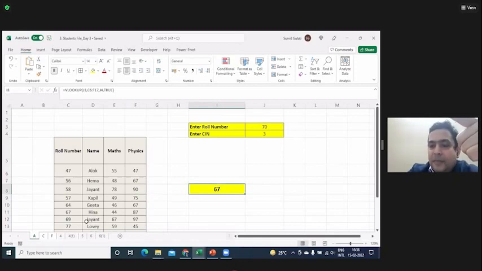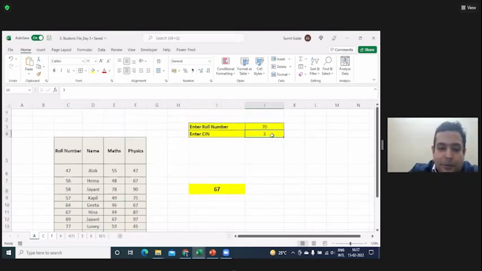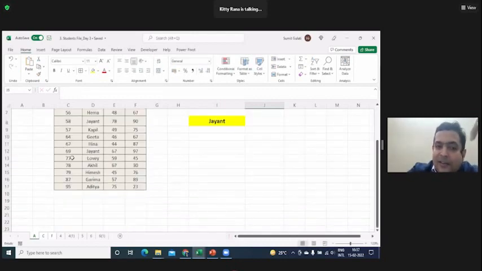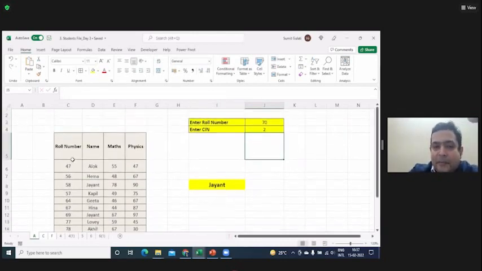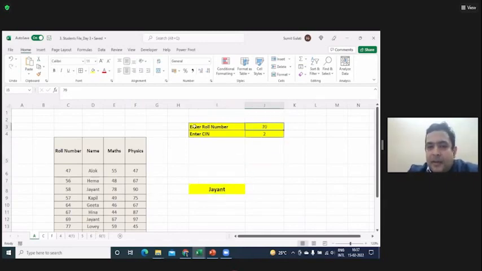Nearest smallest, not nearest larger. Had it been 76 also, it would still have given you the answer for 69. It is giving you the answer for 69 right now. Even if it were 71, it would still give me the 69 value. Even for 76, it will give you 69. It will not go to the nearest larger. It will always go to the nearest smaller. Is this clear, what true does?